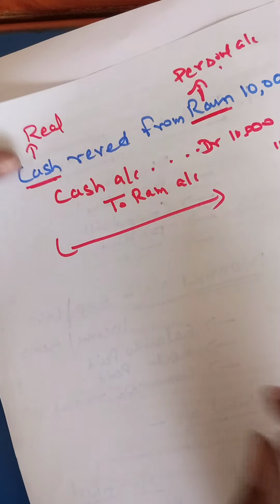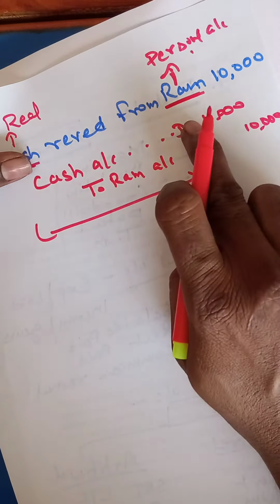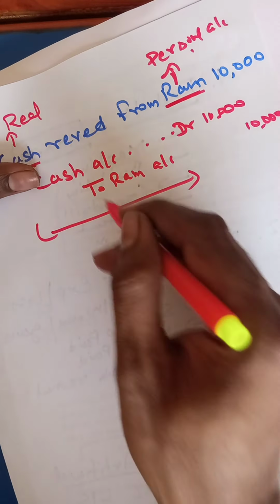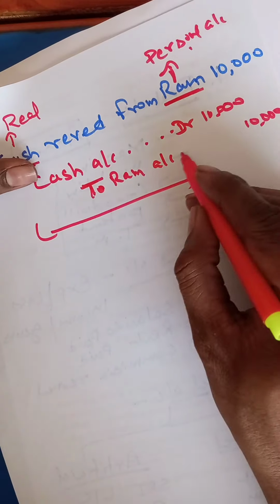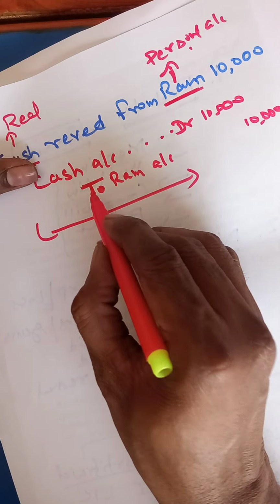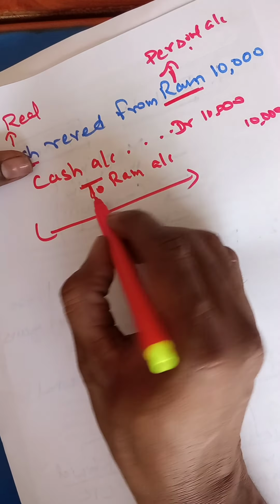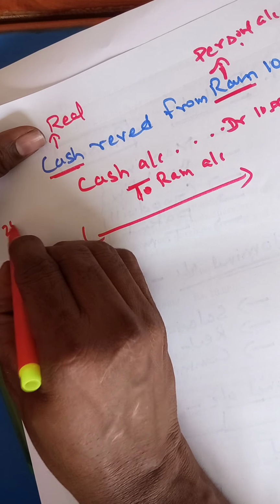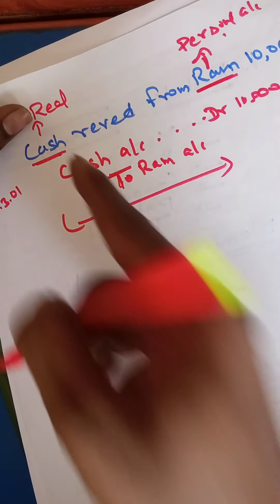But one question arises: why didn't I write credit here? If cash account is debited, automatically Ram account has to be credited, so there is no need to write credit. And a credit transaction we have to begin with 'To'. Rule 1, no need to write credit. Rule 2, we have to begin with 'To'. And rule 3, we have to leave certain space while writing the credit entry. Clear? This is the system of how we write a journal entry. If the date is given, we write the date here, like 25th March 2001, if the date is given.